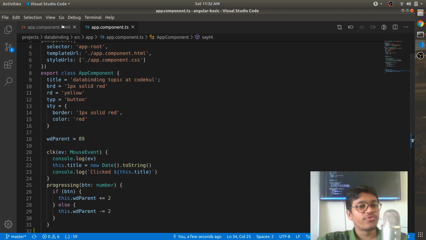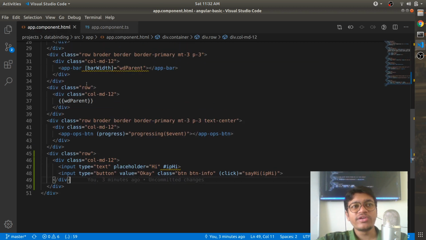Object, yeah. So from the HTML, Angular is going to create one JavaScript object, and that JavaScript object can be used anywhere. And that JavaScript object is called as what? View. If you have a local reference in a view, and you are referring to the element inside the view, and you want to access that particular element inside the TypeScript,